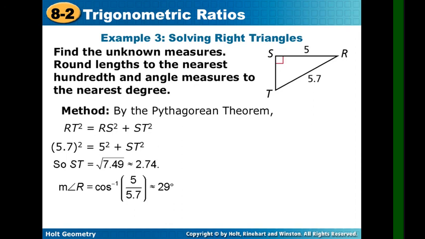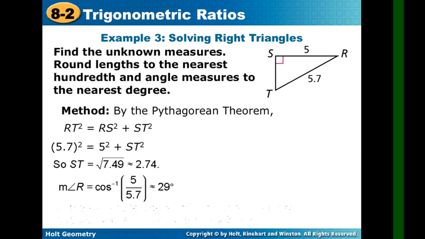Anyway, pwede rin yung mauna yung shift cosine, and then i-type mo yung 5 divided by 5.7, then close parenthesis. Okay, ang makukuha mo is 28.69441353. Pero kung i-round off mo siya, to the nearest degree, ang makukuha mo is 29